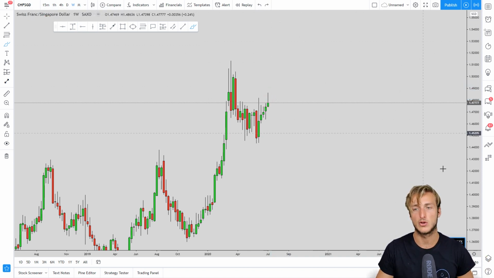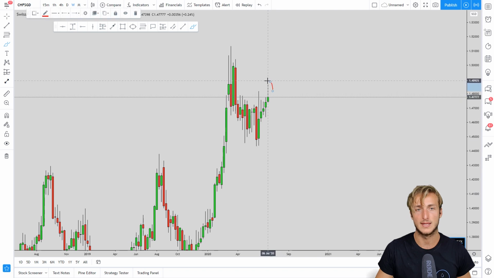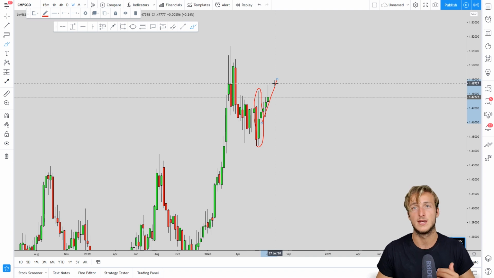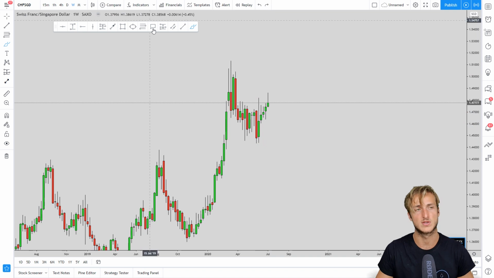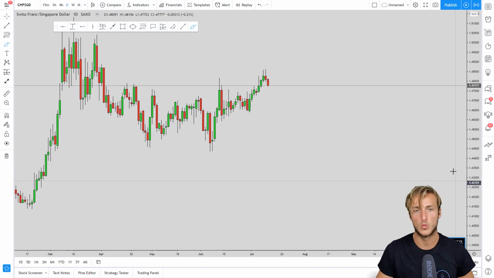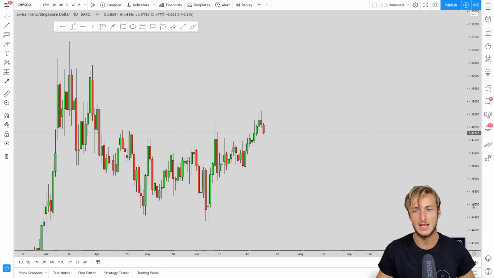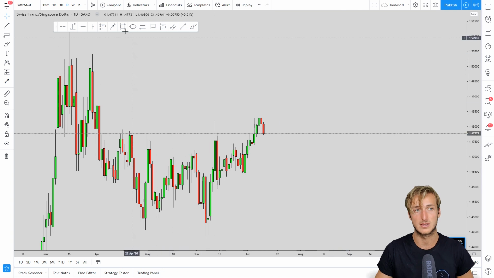If you have a market that on the weekly has a candle like this one, okay, which by the way is exactly the same as the one that we had here, you want to see the next candles fill in that wick, because the wick shows you that there has been a retracement on lower time frames. So you want to see the next weekly candle make a move to the upside. And in fact, if we go down to the daily, what can we see? From a daily perspective, that makes perfect sense because the market just started a retracement